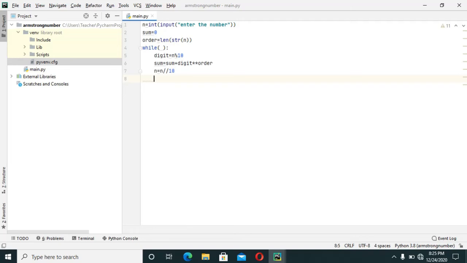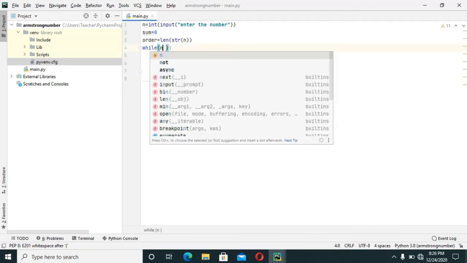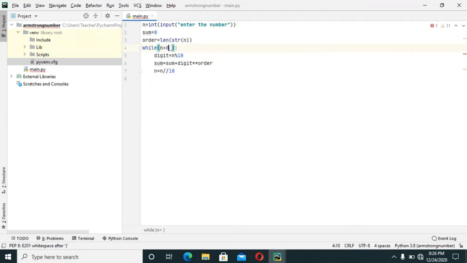And 82 divided by 10, we get 8, and 8 divided by 10, we get 0. So at last, we are getting 0. So condition for while loop is n should be greater than 0. So I will give here our condition: n greater than 0.